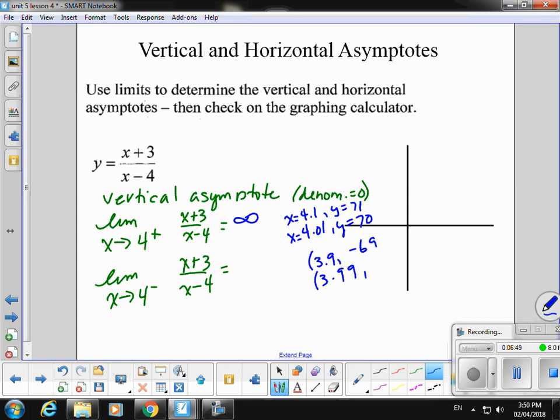When I put 3.99 in, I get negative 699. So with 2 examples only, it appears that we are approaching negative infinity as we come from the left. For my horizontal asymptotes,